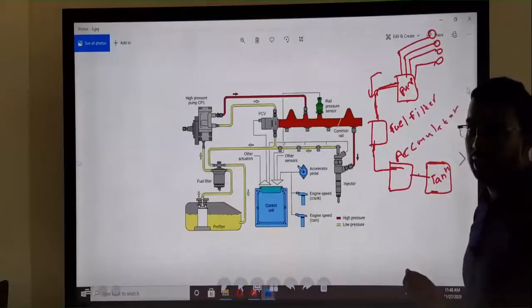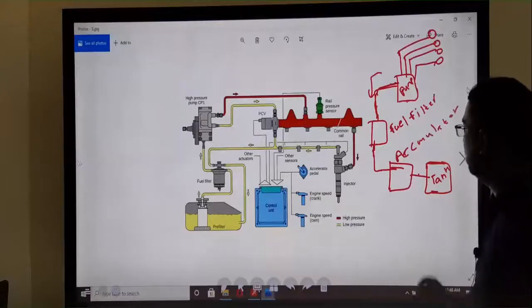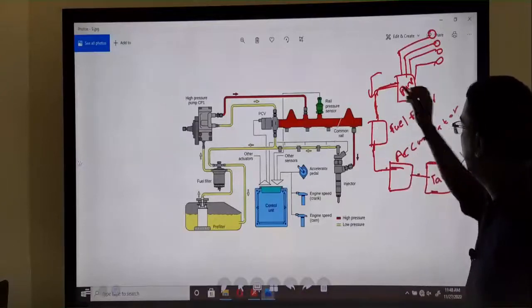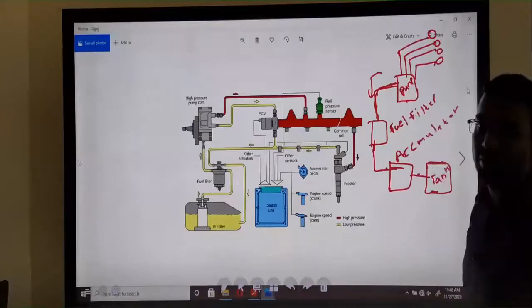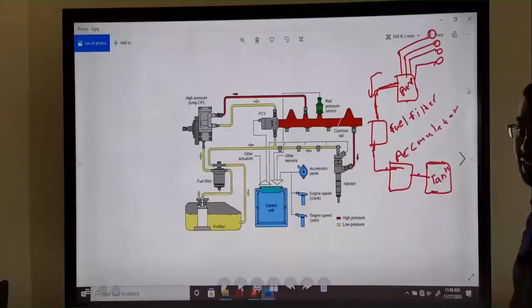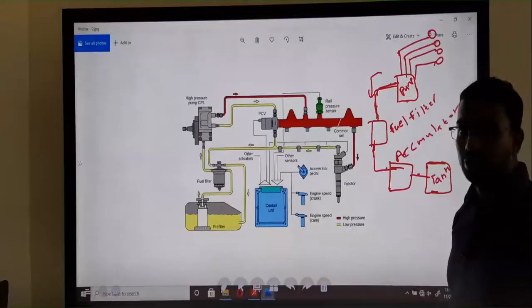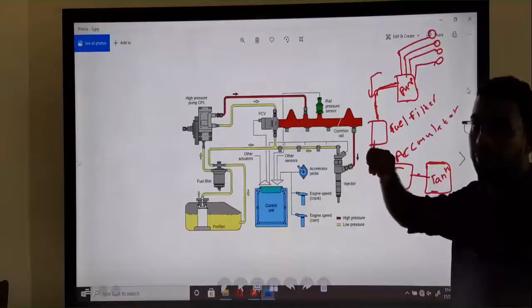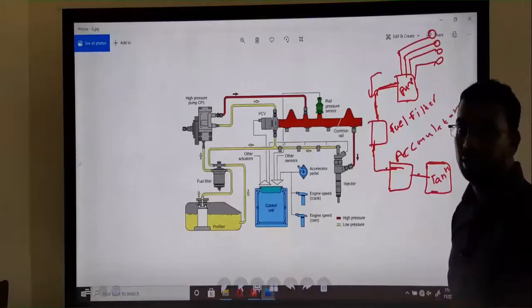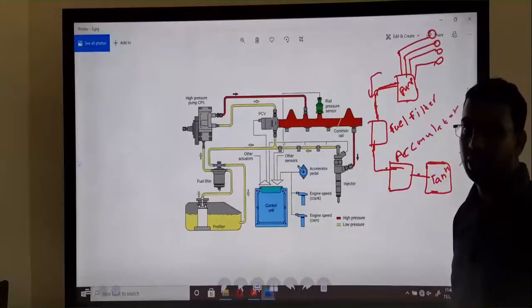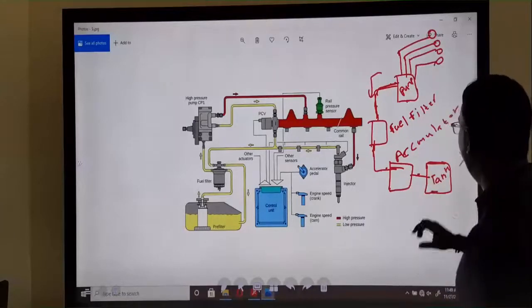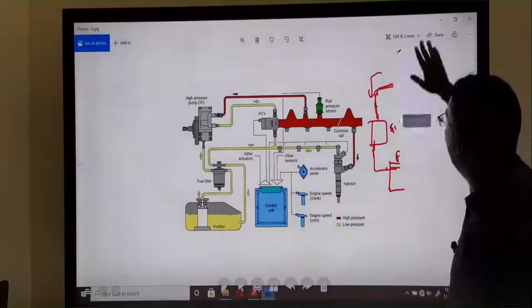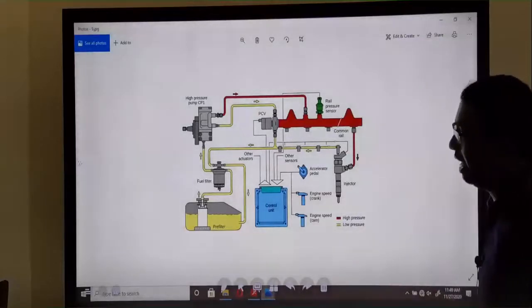So it maintains the pressure until we start the ignition switch. When we start the ignition switch, there is pressure here, so it's easy to pump the fuel from the fuel tank. This is the same as a water pump. You know, when we start a water pump, we have to fill the water pipe with water, then we fix the pipe to the pump, because of the pressure.